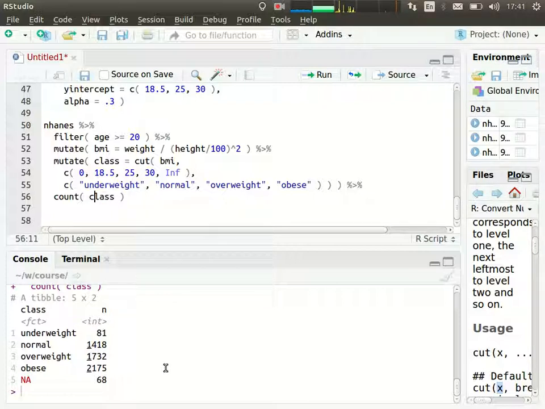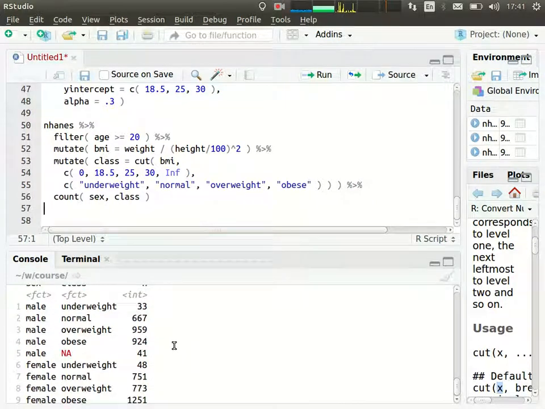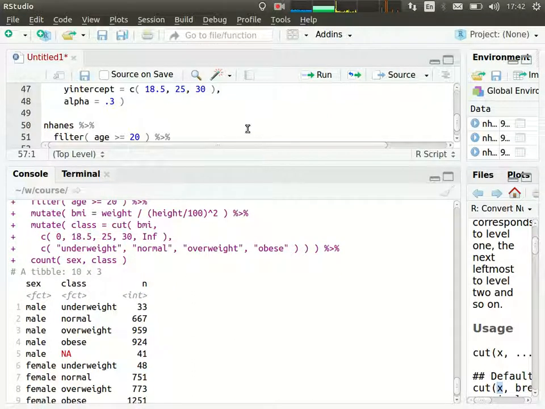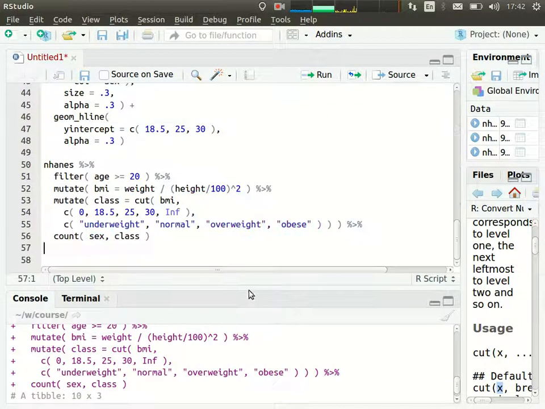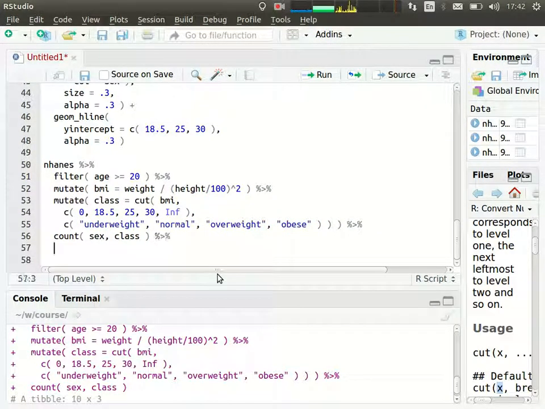Or I can make something which is called in statistics a cross tabulation, which is a very fancy word for simply this here. We get a counting according to two criteria. We now see how many males are underweight, how many females are underweight, which percentage of males and females is overweight or obese or whatever. If I now don't want to read these things, I could now be fancy again and